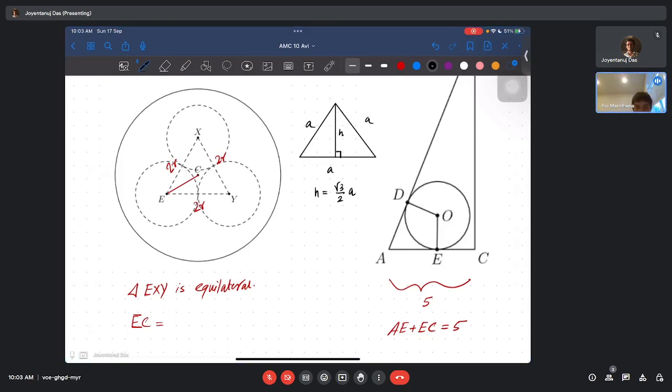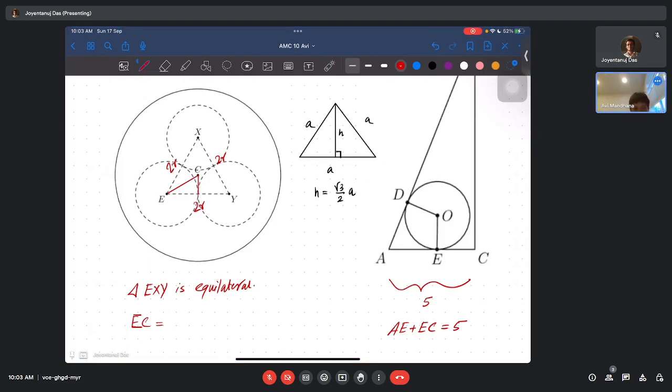No, I know. I was saying that it's a 30, 60, 90 triangle. Which one is the 30, 60, 90 triangle? If you make a line from C bisecting the EY, it becomes 30, 60, 90. So this one you are saying, right? If I join it. Okay. So 30, 60, 90. Okay. So then how does it help? Well then